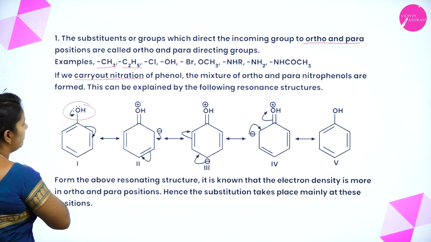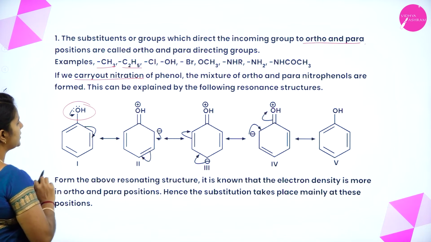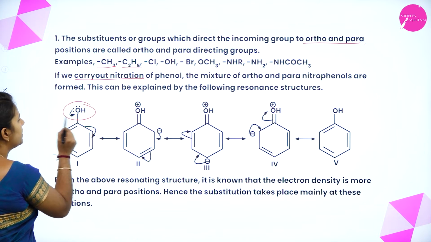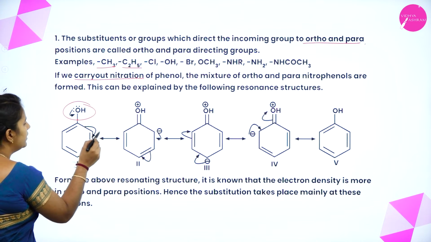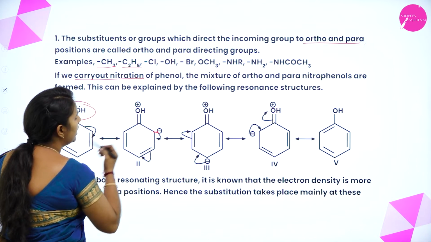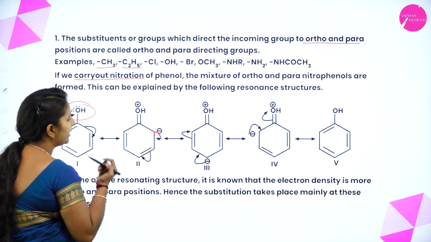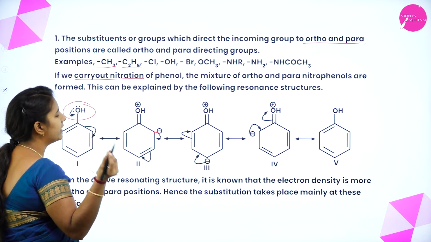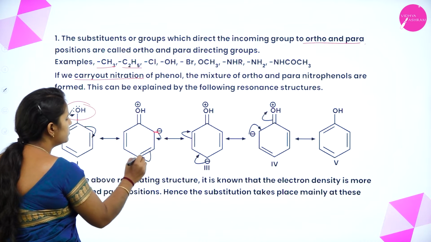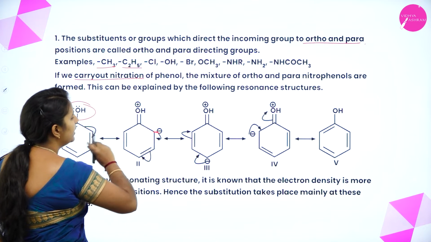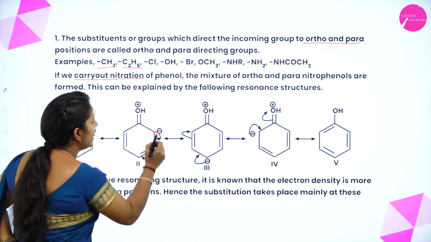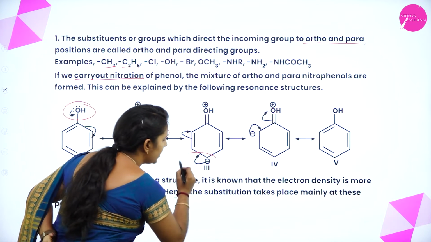We know that in a benzene ring with the OH group, the oxygen has a lone pair of electrons which will move inside, so that there will be a shifting of pi electrons, and at the ortho position the carbon atom gains a negative charge. We know that is not stable, so again it moves inside. This bond moves to the next position. Again the process continues like this, and it shows that especially at the ortho as well as at the